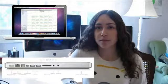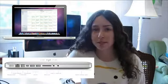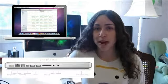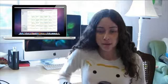Your final option if you're looking for a portable Mac is the MacBook Pro. They were just refreshed a few days ago, and now they're all super fast machines. If you are a professional looking for a portable Mac, this is the Mac that you're going to go with. And it comes in a 13-inch, 15-inch, and 17-inch model. They start at